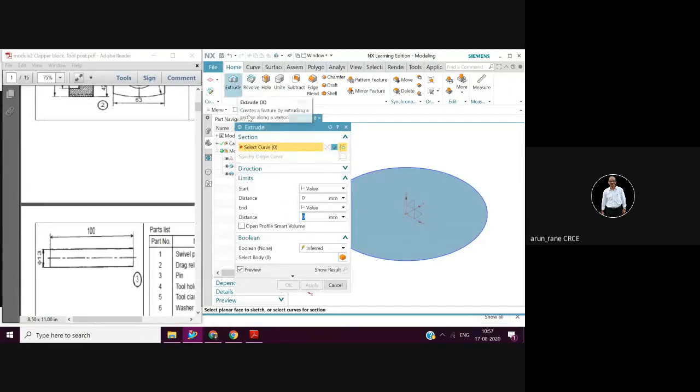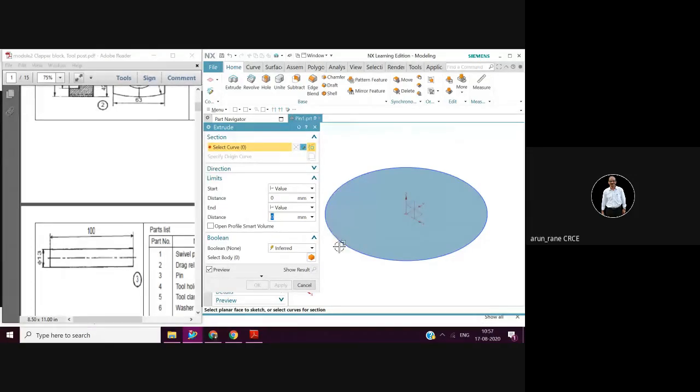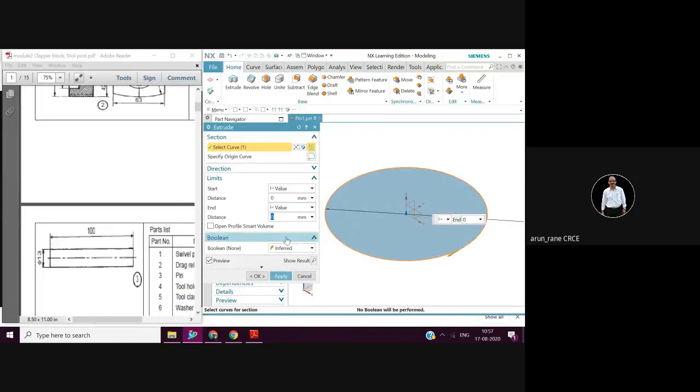We'll go to extrude now. Select curve. Now the curve is nothing but a circle. See, can you see the circle is highlighted? So select that. Now we are extruding. So start value, you are giving some value, and distance 0.